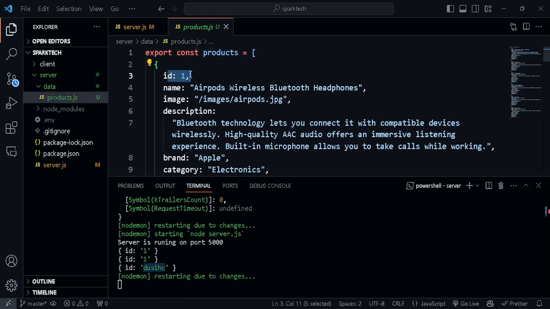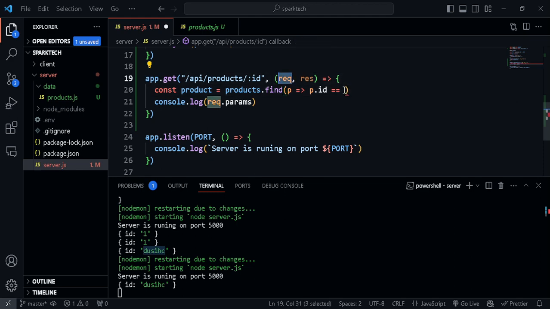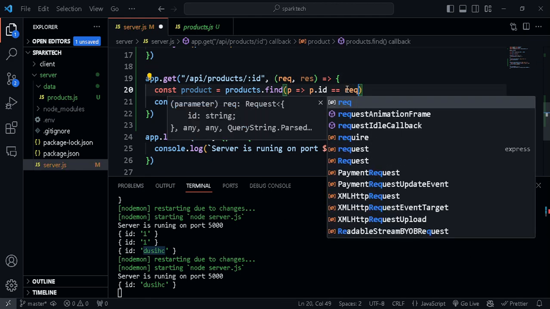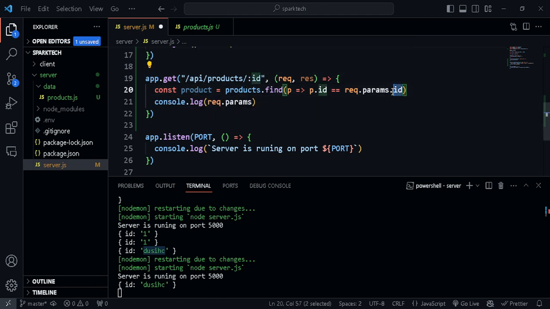So this id will match this id which is coming from the request object, okay. So req.params.id. This has an id field, so whatever name you give here needs to be passed on here. So if you have a look at the product,